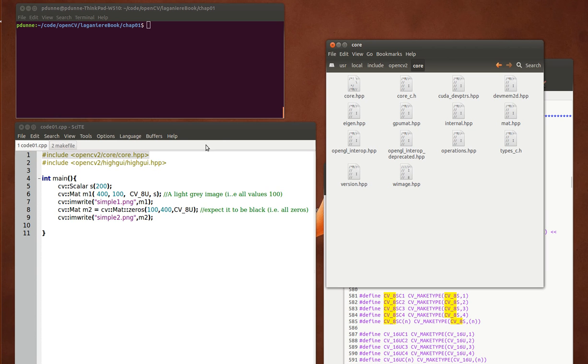In the core here, this header file relates to this particular file itself, so I want to use some of that functionality basically to create a matrix, or to call the imwrite function and so on. Some of the elements also in here, when I'm creating, in this instance, I just create a scalar of 200. I create a matrix 400 by 100, and I use this